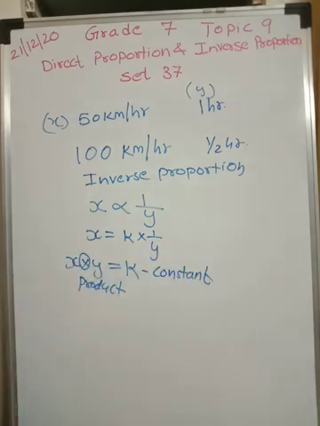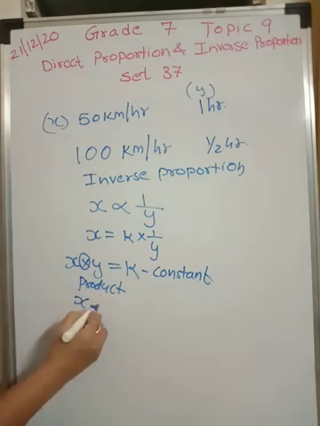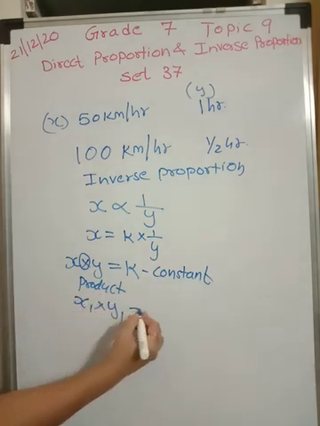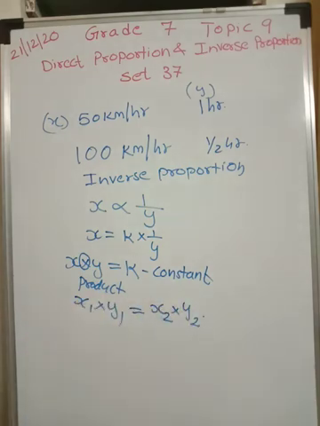Is this clear? So whenever you get a problem related to proportion, first read and find out whether it is inverse or whether it is direct proportion. Once it is direct proportion, you know ratio is constant. Then write x1 upon y1 is equal to x2 upon y2. Or if you understand it is not direct, it is inverse proportion, what will you say? Immediately, product is constant. Then you will write that x1 into y1, product is constant, will be equal to x2 into y2. Is this clear? Okay. Now shall we go for problem set 38?